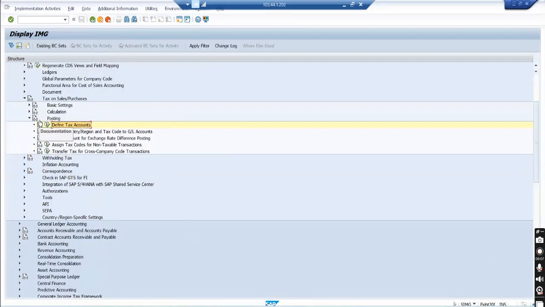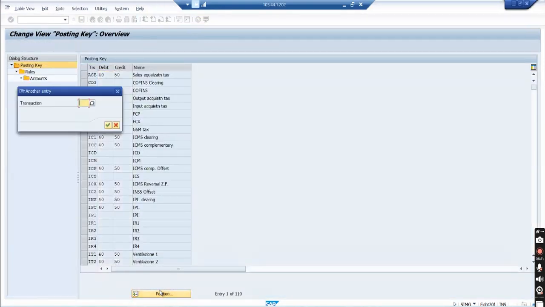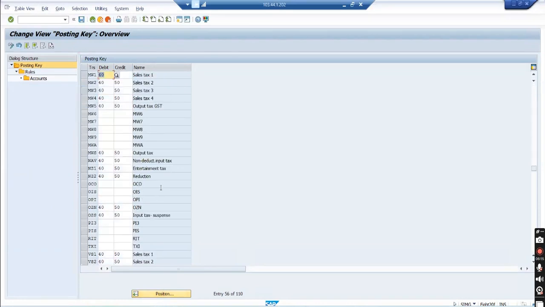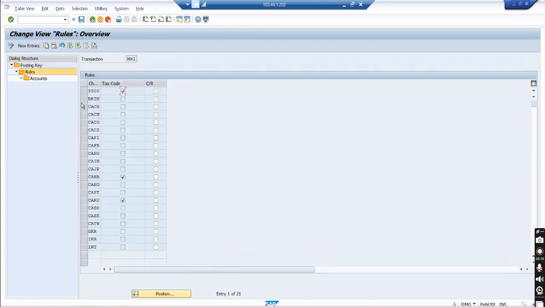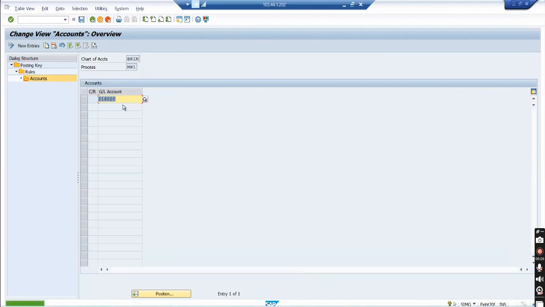Okay, so under posting define tax account, you go for transaction AMW1, where I assign the rate. Against AMW1, go to the find your chart of account. Here is your chart of account, and you have to assign the GL account. I think that is already assigned. Yeah. Okay, so my previous batch or maybe someone else has assigned here. If it's a scratch system, you have to do this assignment. Else you cannot assign the